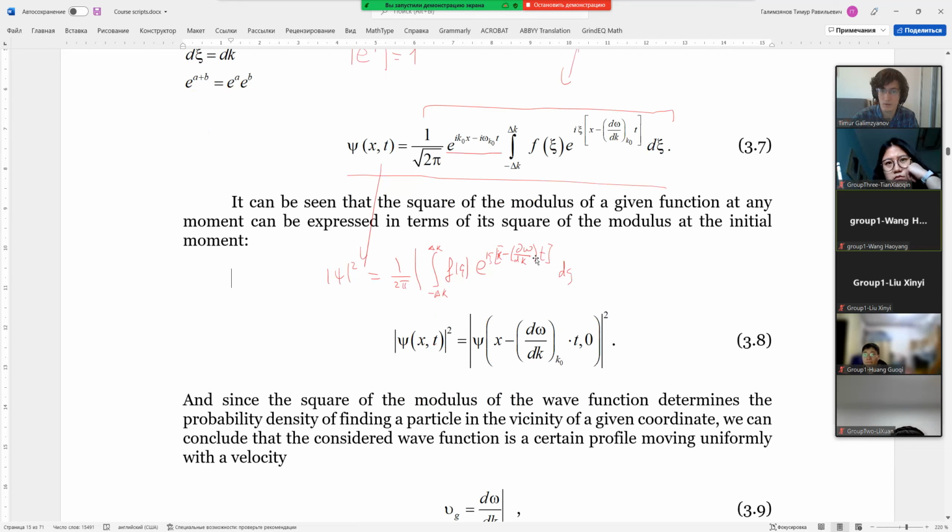But if we look closer, we see that this integral, this function, does not depend on x and t separately. It depends only on the combination x minus d omega dk times t. And if we change x and t in such a way that this value does not change, the absolute value of psi will not change. That means that